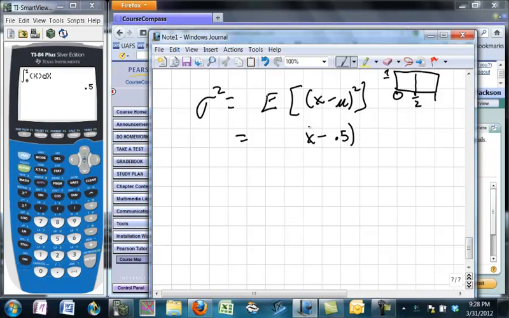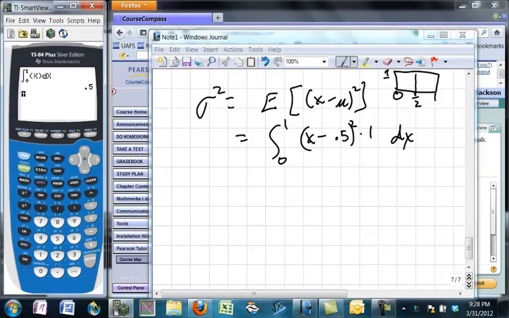And we do x minus that, squared, times the PDF, which is 1, and add that up for all x's, which in this case is 0 to 1. So what we want to do is take, I can go second enter. Okay, so that 0 and the 1, the dx are already set up. I just have to work on this part in here,